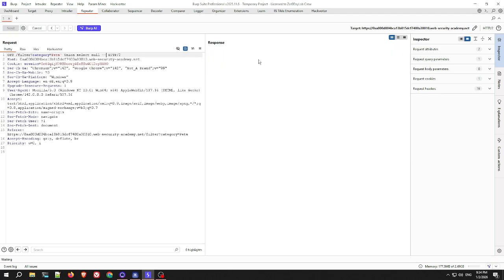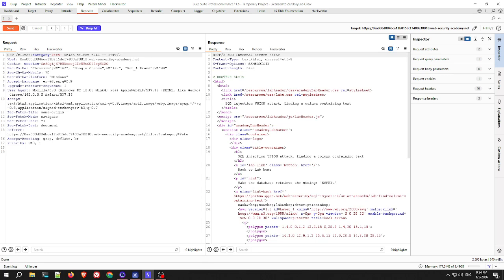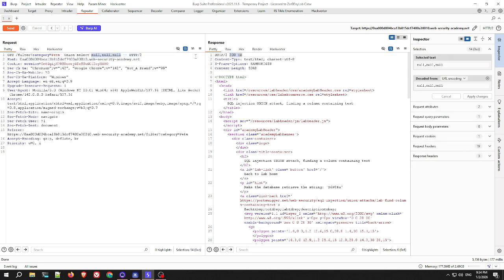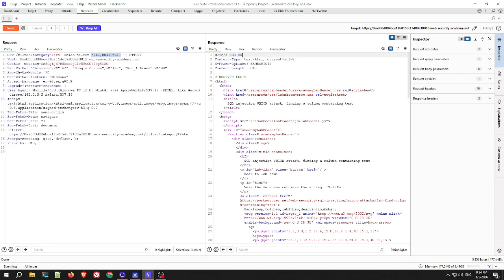We got 500. Let's append another null and see what we got as a response. Let's put another null and see how many. Okay, so three nulls and then we got 200. Okay, it means there are three columns in the table. We have to now identify which column is accepting text value. Let's put single quote A here,